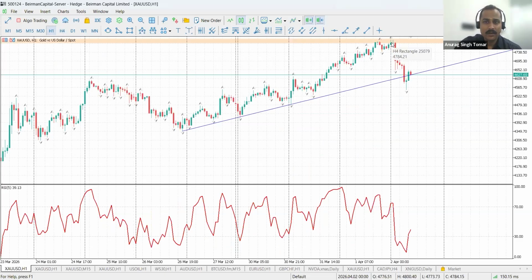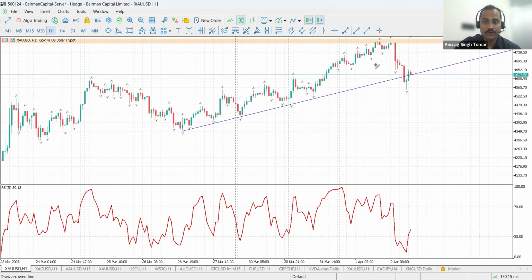At the start of the Asian session, prices tried to go up and made a very good inverse pin bar. A lot of people will call it a hammer also. Prices went down, then they rested for 3 candles, which is the star in the south pattern, then again they broke it and went down, and now they again went up. They are trying to go back into the zone which is above this trend line. So this is one indication. We have 2 green candles which is telling us that from the low, buyers have come.